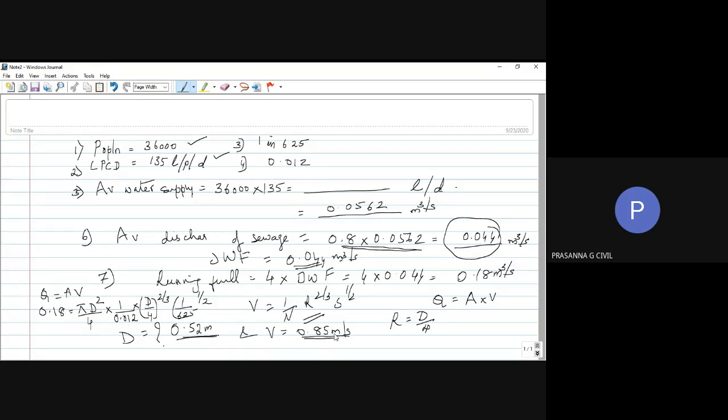The same question like we were doing earlier when we were designing for combined sewer. There, we were taking the consideration of storm water. So suppose they say design a combined sewer, they will just give you some ground condition or some impermeability factor for you to calculate your storm water flow. And then you will have to add it with your dry weather flow and then do what we have done now. Clear? Anybody else who is having doubts, please ask.